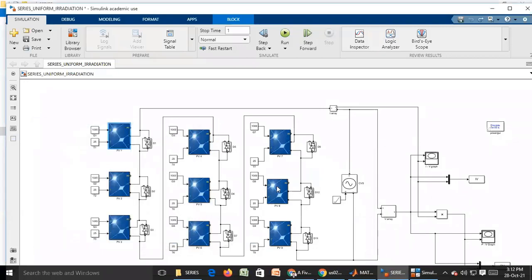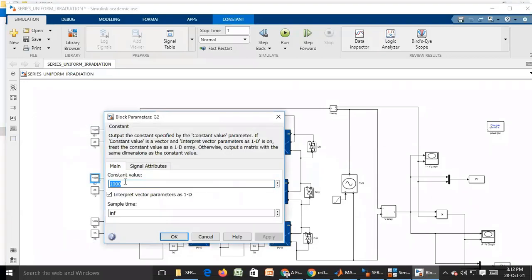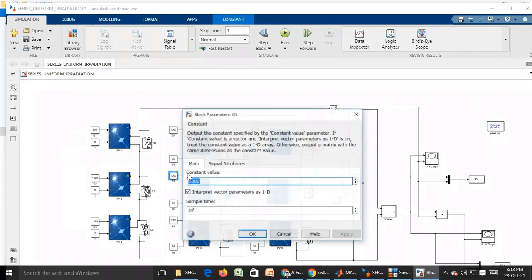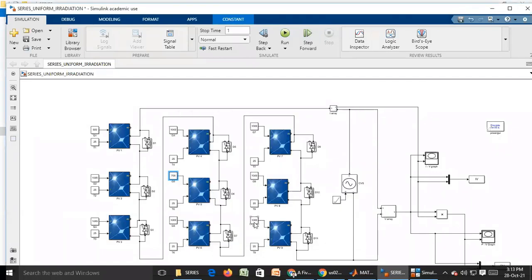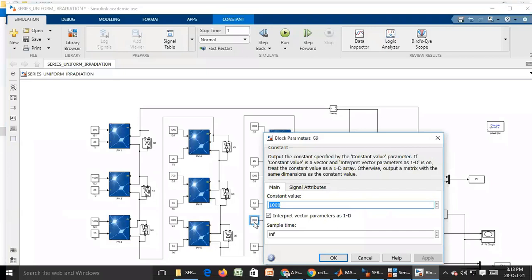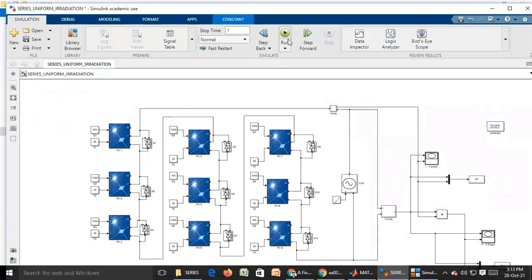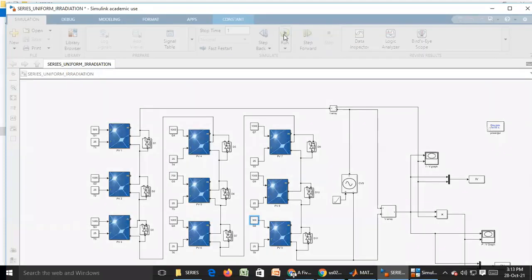So now what I am doing, I will create a shading. Here, instead of that 1000, let me consider diagonal shading. Instead of 1000, I will take maybe 500. Here 700. This is called diagonal shading. This one maybe 300. Remaining all panels are normal, nothing I have done. So in the first panel, instead of 1000 I made 500, second panel 700, third panel I have made 300. We'll see the results, how it will come.